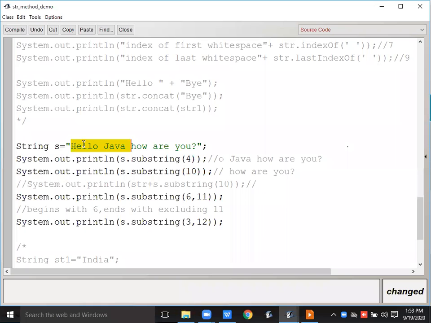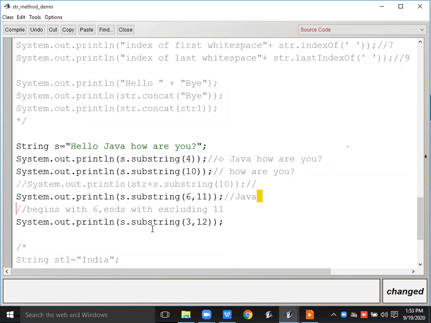Let us count again. 0, 1, 2, 3, 4, 5, 6. J at the 6. So 6, 7, 8, 9 and 10. It's going to fetch you Java, and space will come afterwards. After Java, space is there.